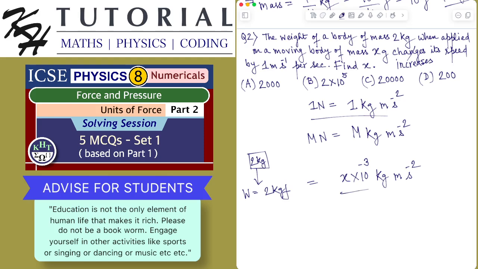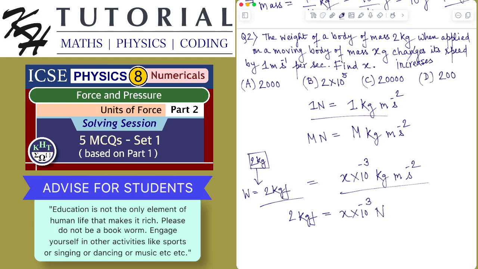That force is nothing but is coming from the weight of the body of mass 2 kilogram, and that force is 2 kgf. So we are getting 2 kgf is equal to x multiplied by 10 to the power minus 3